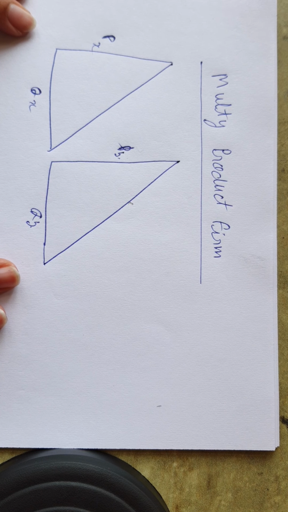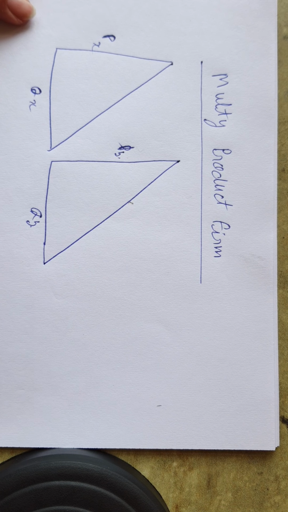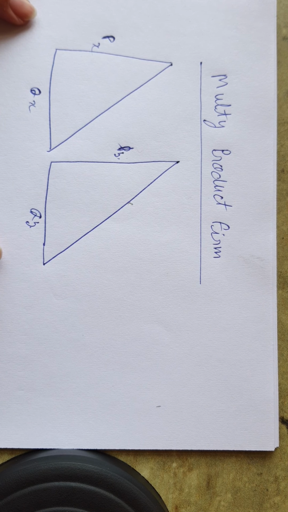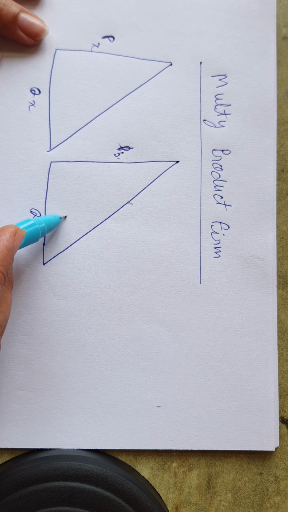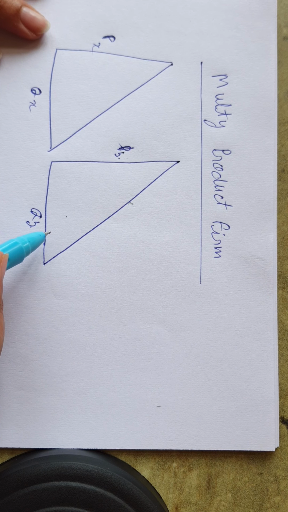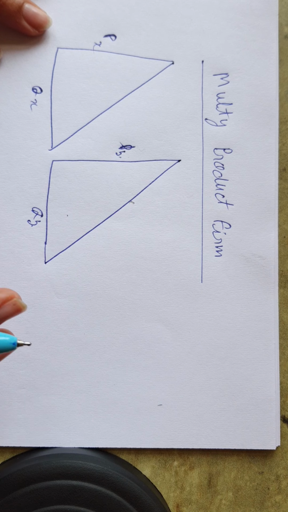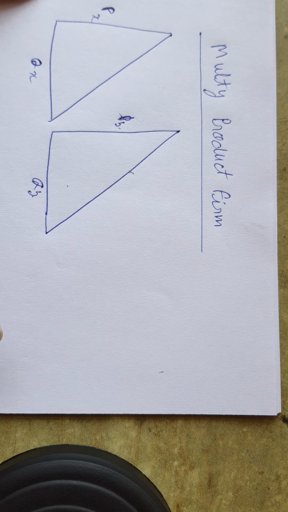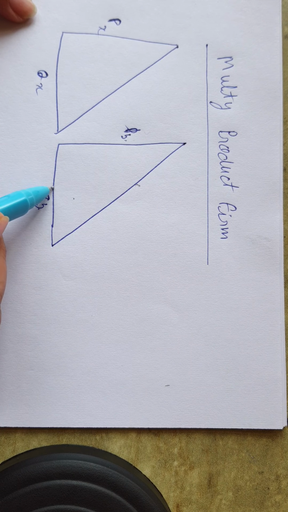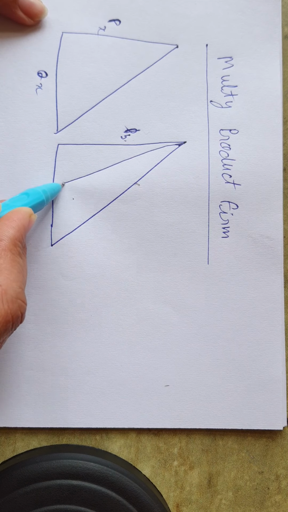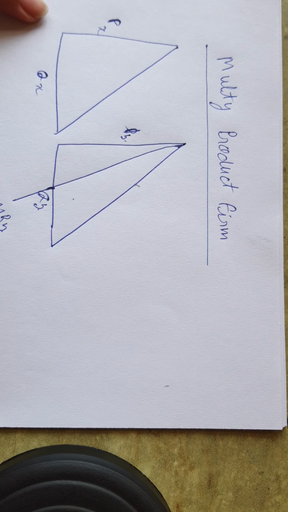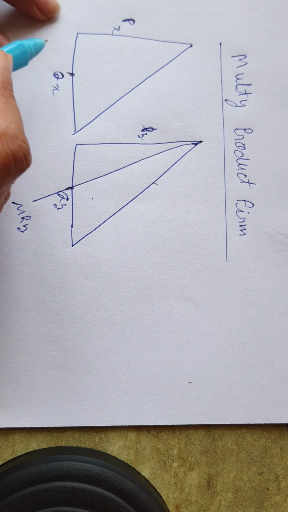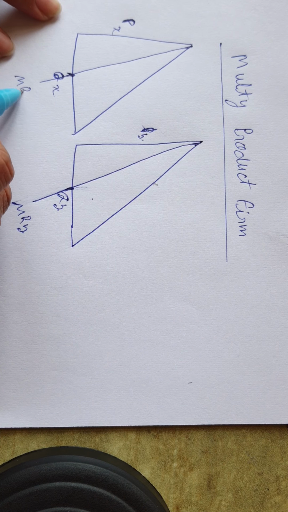So the first question is how much to produce, how much X should be produced and how much Y should be produced, so that a producer can maximize the profit. First of all, we will draw marginal revenue curves here, and don't forget the profit maximization condition, which is marginal cost should be equal to marginal revenue. So here we need marginal cost and marginal revenue curves. How to draw marginal revenue? Take a midpoint of this demand curve and draw this line. This is marginal revenue of Y. Similarly, take the midpoint here and draw marginal revenue of X.